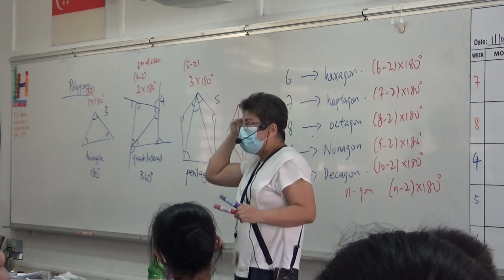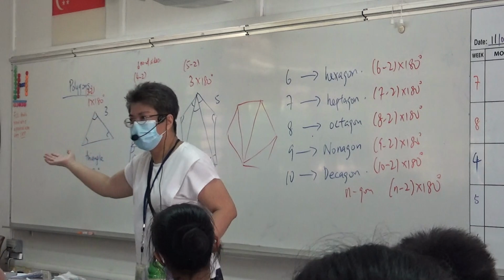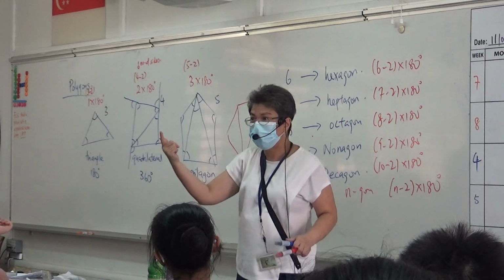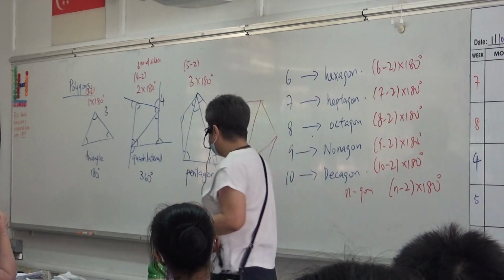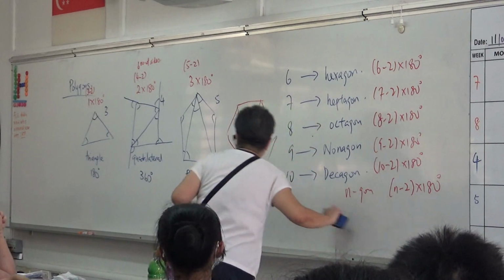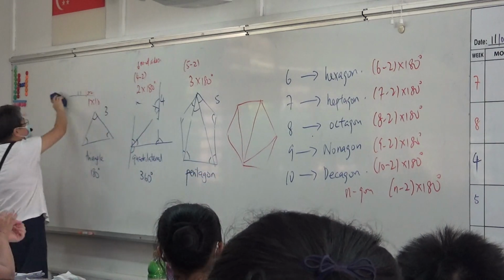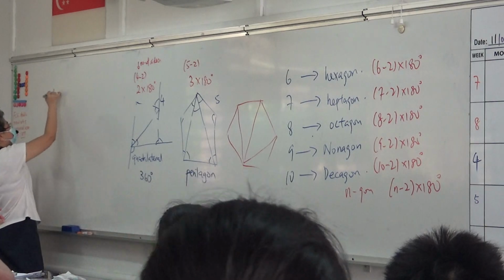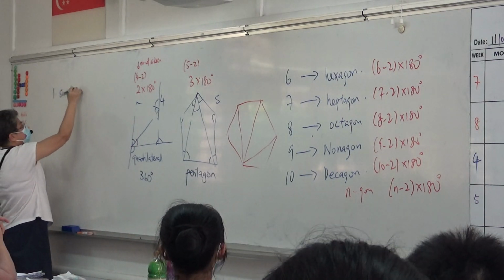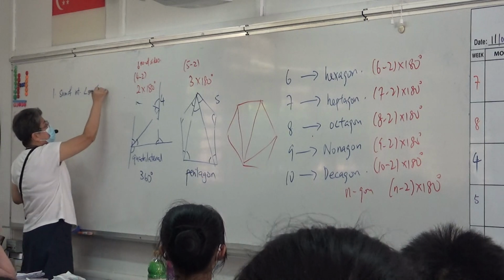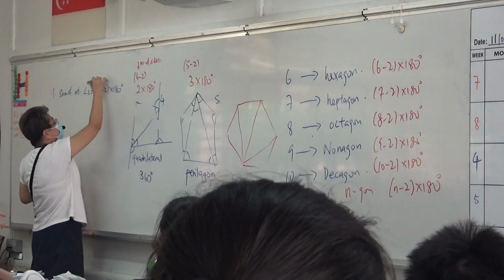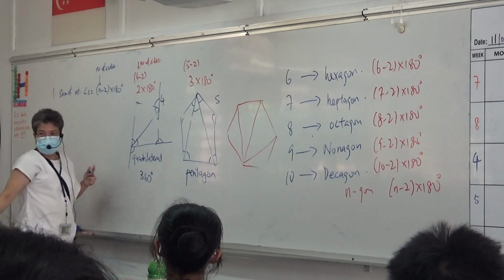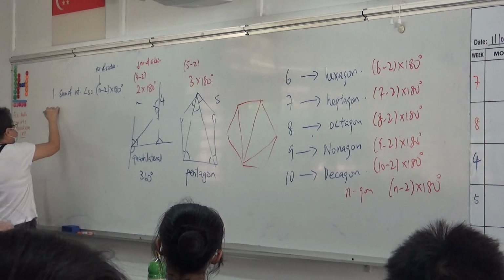Everybody okay? Now, what if a polygon got 12 sides? How many interior angles? 12. How many exterior angles? 12. Okay? Understand? Okay, now, the first formula that we have will be this. I'm going to write down now. Sum of interior angles will be n minus 2 times 180 degrees. N is number of sides. Okay, now, number 2,